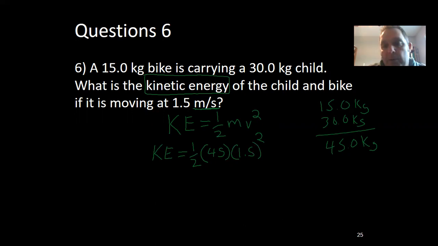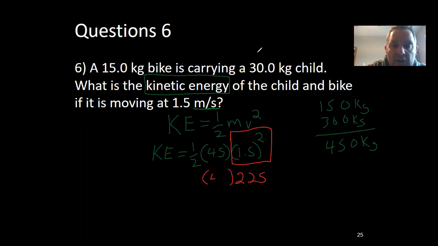Now, I think it's really important that we do this part first every time because that's the order of operations. So I'm going to break it down. If I just did that part first, I would get 2.25. Then I can do the rest of my math. Sorry about the writing. When I do this, I get kinetic energy to be equal to